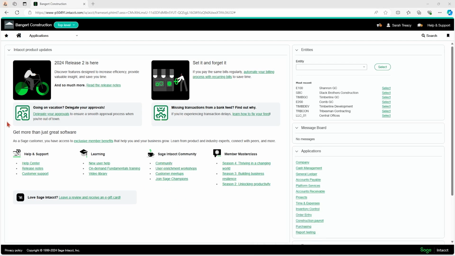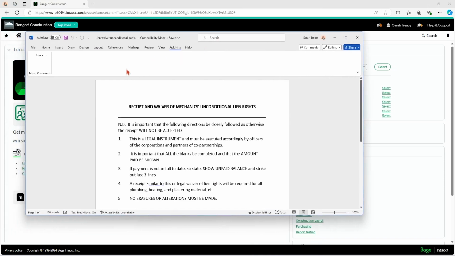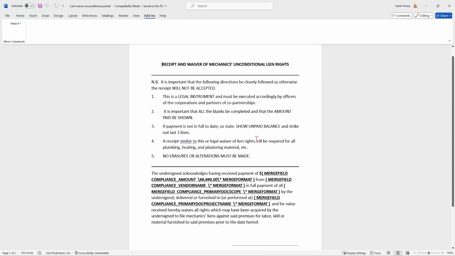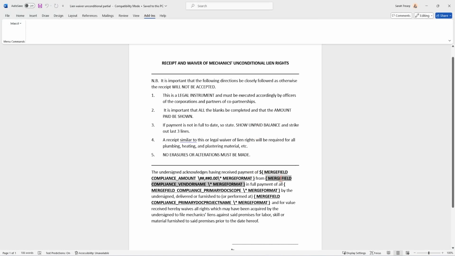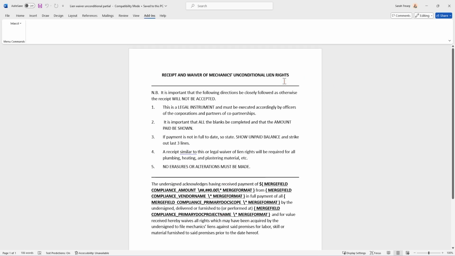And I actually have one here downloaded to my computer. So this is an unconditional partial waiver that they have. And this is what your merge fields look like. So let's say in the case of this one, it's given me my $ sign, and then it has pound, comma, pound, 0.00. So that's it. This is formatted correctly to pull in your dollar amount. So absolutely no harm to have them downloaded just so that it's giving you a good starting basis, let's say. So then once you have your template that you want to manipulate, I would say maybe have this as a secondary basis, but you would have your own template that you want to manipulate.